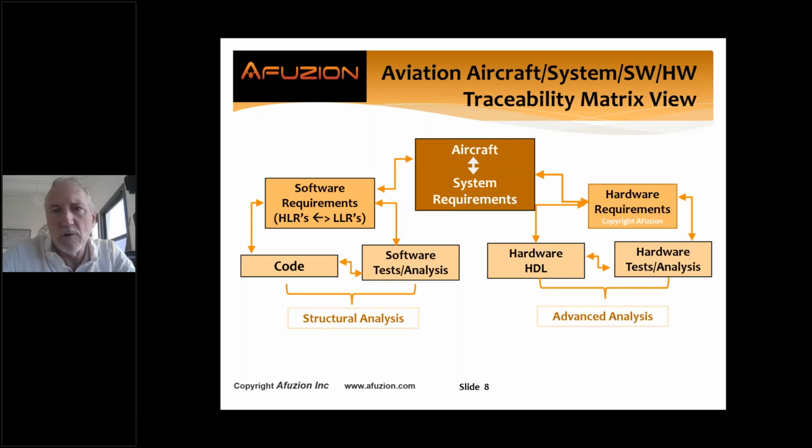Now, 254 does not call for bidirectional traceability, but we use the 178C definition so that we also have bidirectional traceability for hardware throughout the ecosystem, aircraft, including safety requirements from the AFHA, PSA. And if you don't know what those are, I apologize, we don't have time. Look at our white papers, they're free on the AFuzion website, download those. And then system requirements, those need to be in place before we finalize the PSAC and the PHAC, okay?